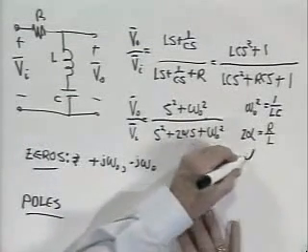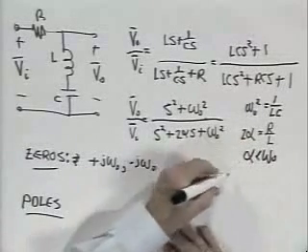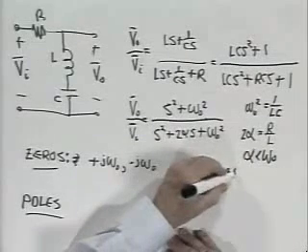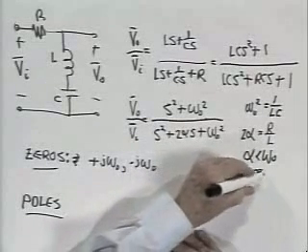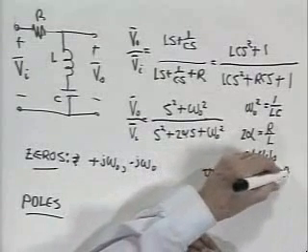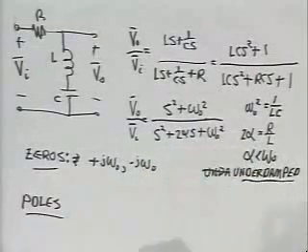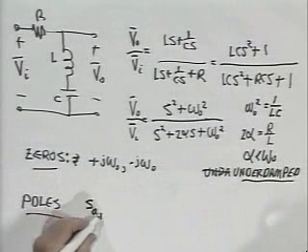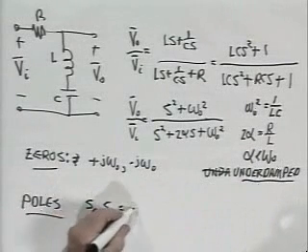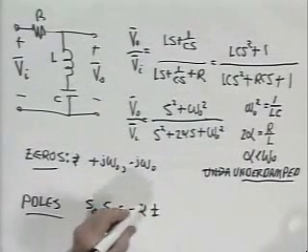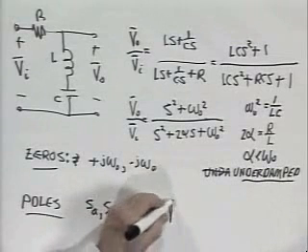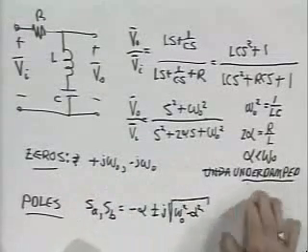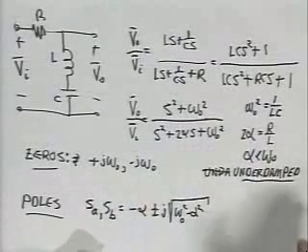And if I assume that alpha is less than omega naught, so that we are dealing with an underdamped circuit, the only kind we've dealt with in any detail in this subject. If we're dealing with an underdamped circuit, then the poles occur at frequencies S sub A, S sub B equal minus alpha plus or minus j square root of omega naught squared minus alpha squared. And that's just applying the quadratic equation to this denominator,